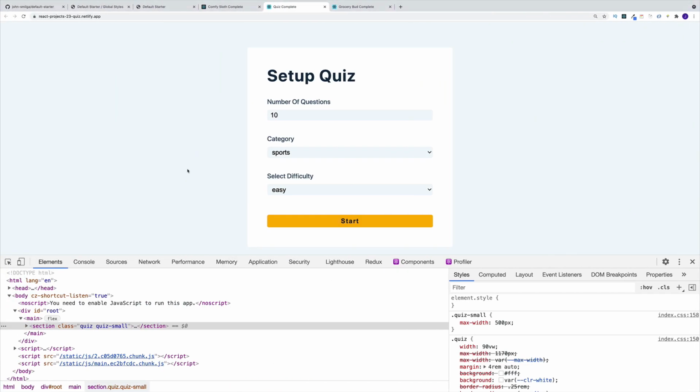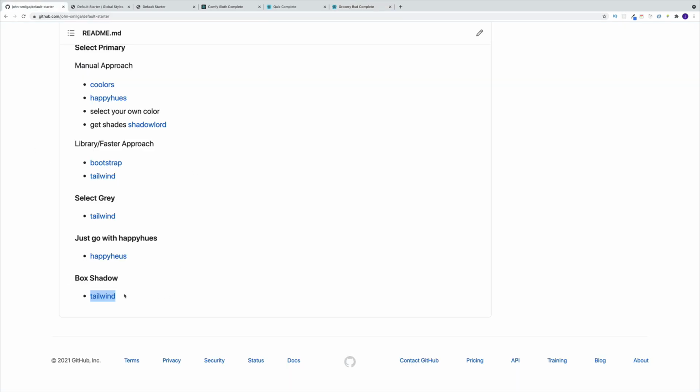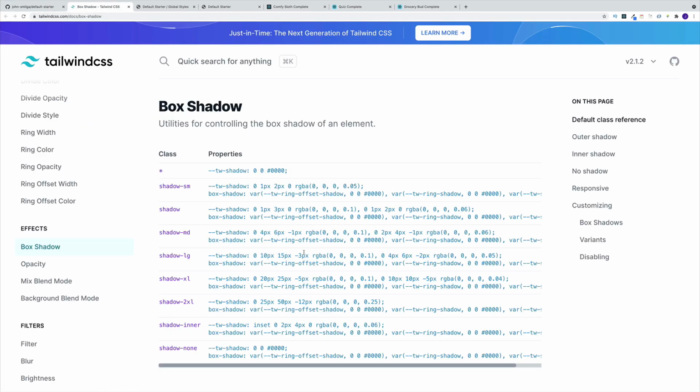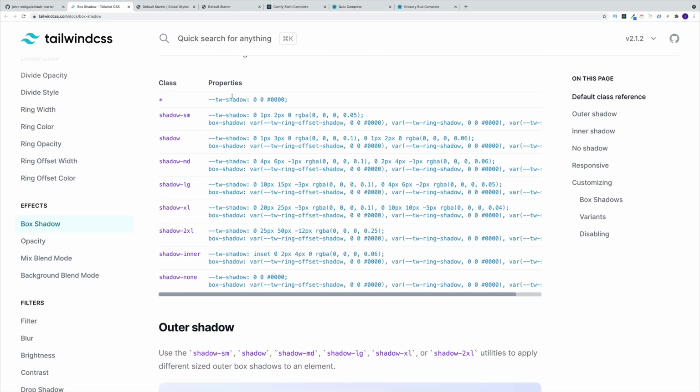And then we have shadows. And for that, we'll use the Tailwind library. And if you want to see them in action, essentially notice how as I'm hovering over the form, the shadow is changing. So as I'm hovering, it actually gets bigger. So this is what we're going to control with the box shadows. And if you navigate back to the repo, all the way in the bottom, we have a box shadow one. So just open the link and then you'll navigate to the page